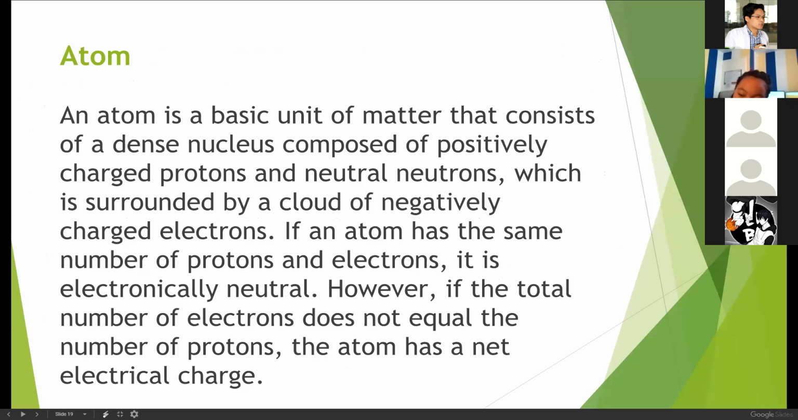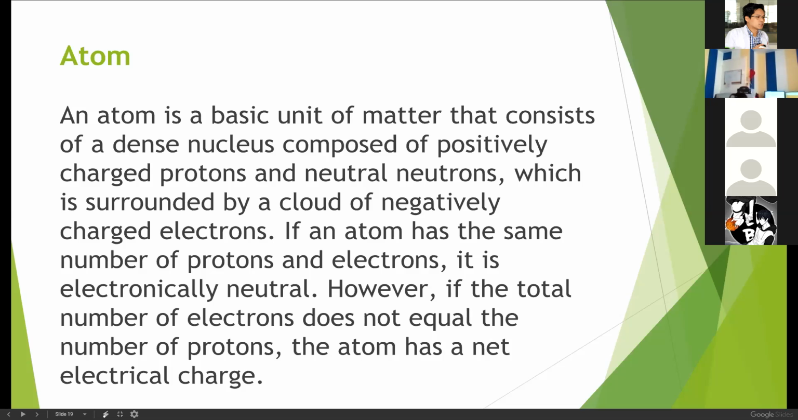An atom is the basic unit of matter that consists of a dense nucleus and positively charged protons, neutrons, and electrons. It is actually composed of those three. Protons are positively charged, neutrons are neutral, they don't contain any charges, and electrons are negatively charged, surrounded by a cloud of negatively charged electrons. If an atom has the same number of protons and electrons, it is electrically neutral. However, if the total number of electrons does not equal its number of protons, the atom